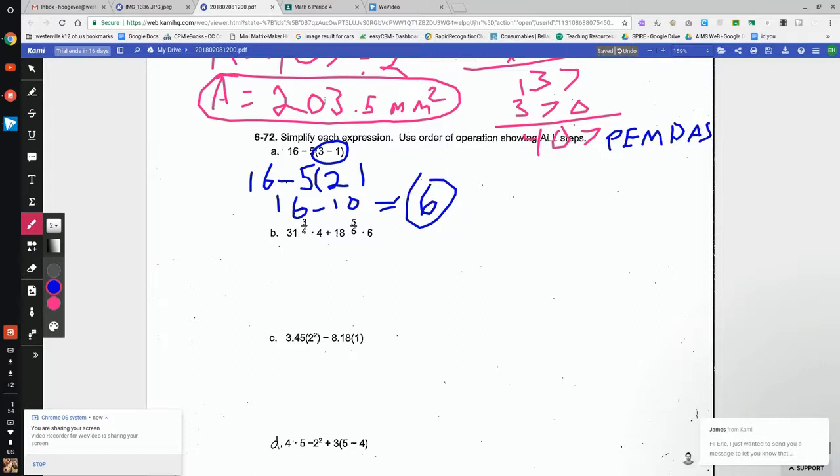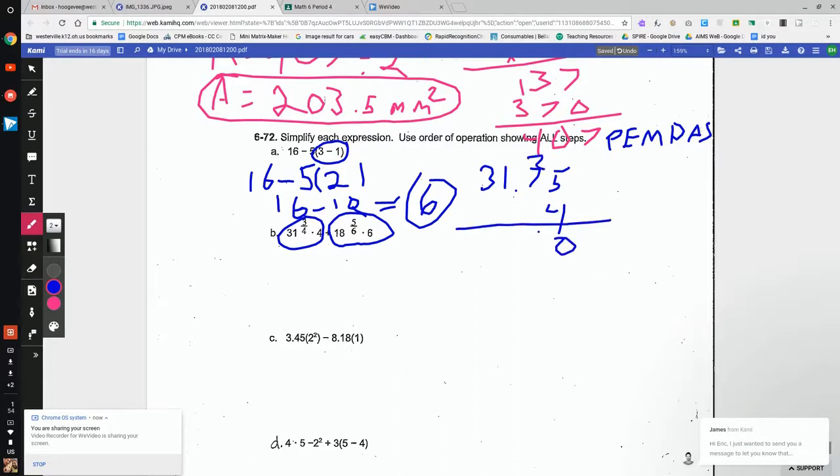Moving on to the next one, you have 31 3/4 times 4 plus 18 5/6 times 6. So again, multiple ways to do that. Starting with our multiplication, we have it here, and we have it over here. We'll save that plus sign for later. I like to convert, just do my 31.75 times 4, which would then give me